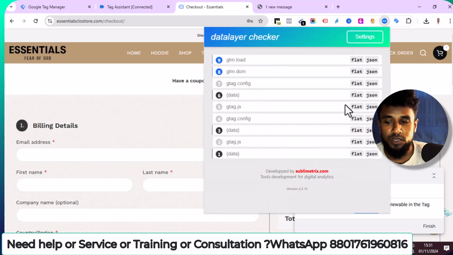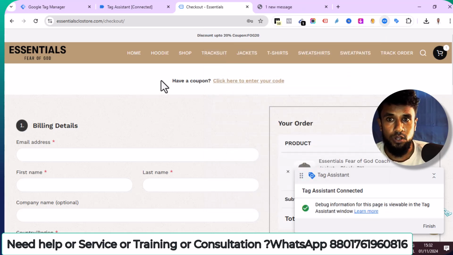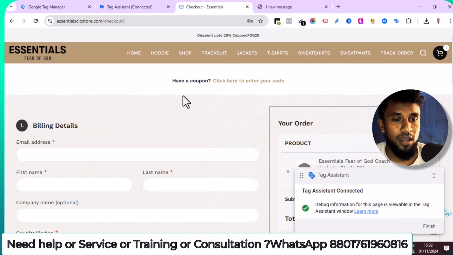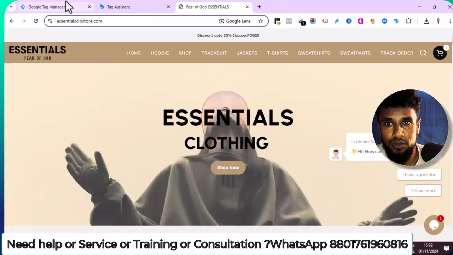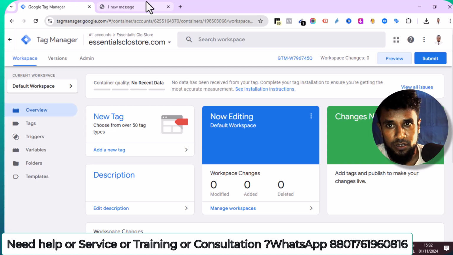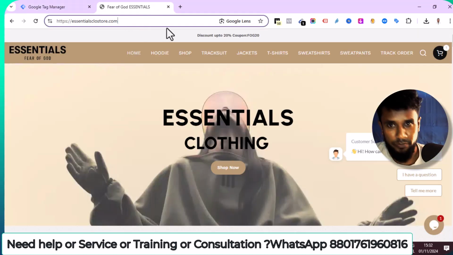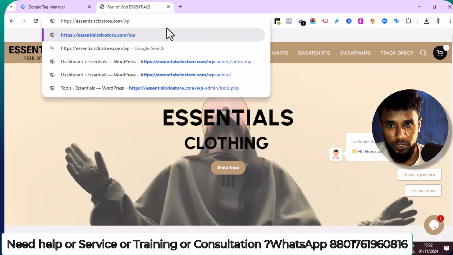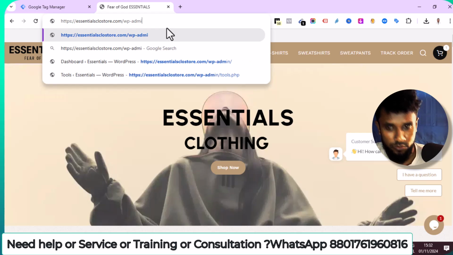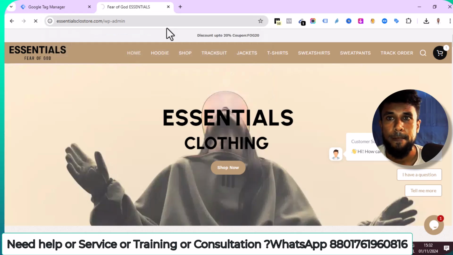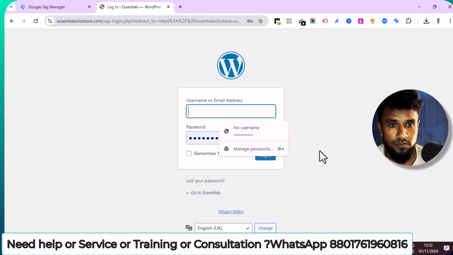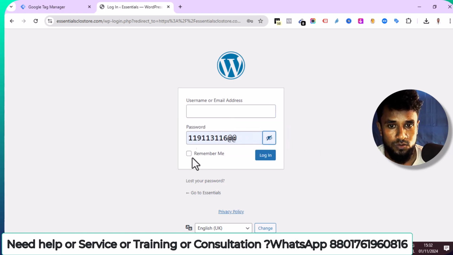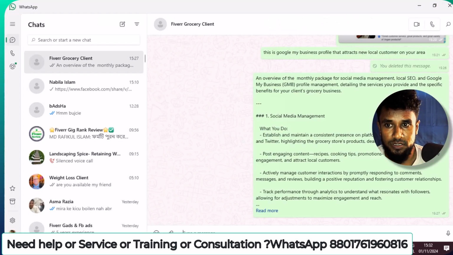Okay, so now I'm going to enable the data layer. So how can I enable the data layer? First of all, I have to go to the backend of this website. So I'm going to the backend option. When I go to the backend option, first of all I need to write